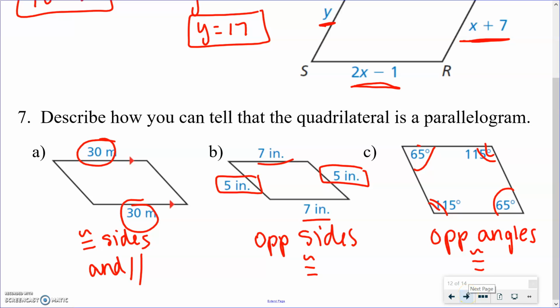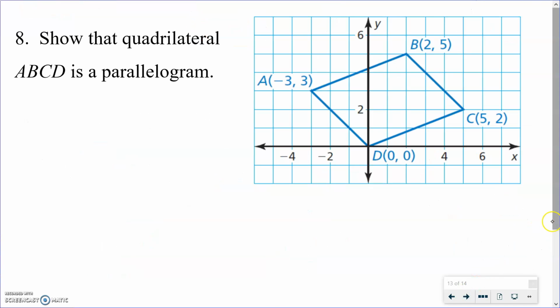All right, so this last one is another graph. So what I'm going to say is that there's 4 different things you could do to show this. We could show that the opposite sides are parallel, because if you have 2 sets of parallel sides, that's a parallelogram. I could show that one set of sides is parallel and congruent, okay? That would be another way to show it. I could also show that the diagonals bisect by showing that they have the same midpoint, okay? Or I could show that the opposite sides are congruent, so I could have 2 sets of opposite sides being congruent. I have put the work for all 4 different ways on the filled in notes, but I'm only going